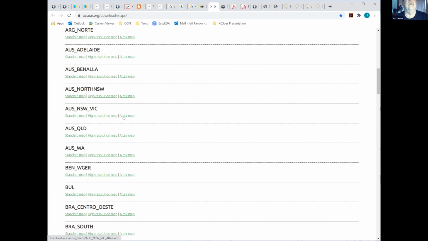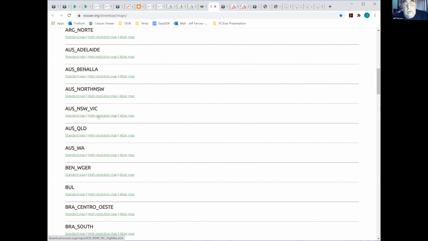LX is an in-glider device that XCSoar has been closely associated with over the years. Scott Penrose has been mainly responsible for it, and it only runs XCSoar. But unfortunately, I suspect with the new version coming along, it'll run a compact edition version. I'm not sure whether it'll continue to be supported in the future. But that's one of the, I presume, multi-$1,000 devices that you can fit inside your glider.